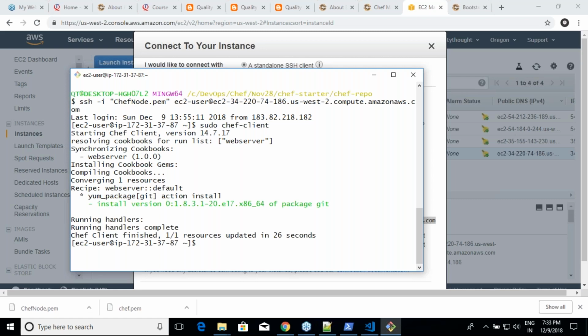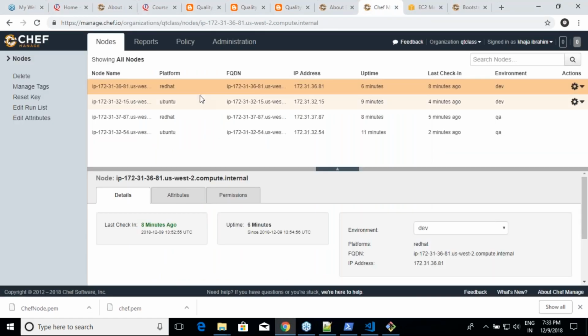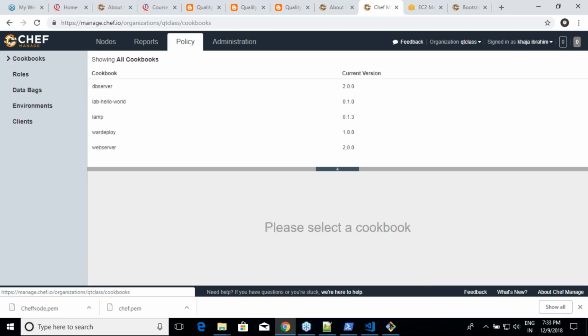Okay, good. Now what we'll do is your architect has come and said to you that your environments need a change. Your environment has to be changed, right? You can upload actually the new version. Change your dev.rb file in your environment and then upload the version. But to save time, I'm doing it over here. Or do you want me to do it from here itself? It's not a very big deal.